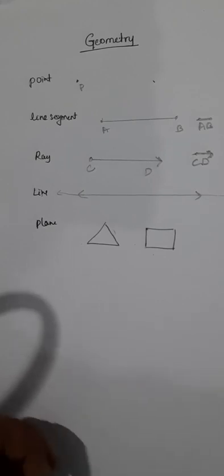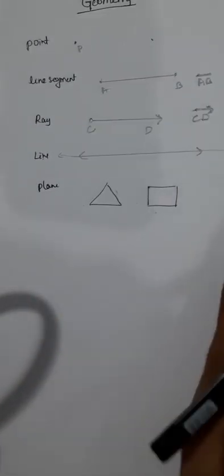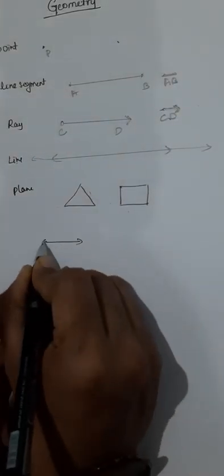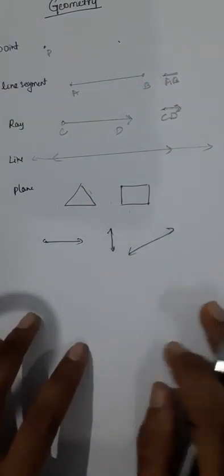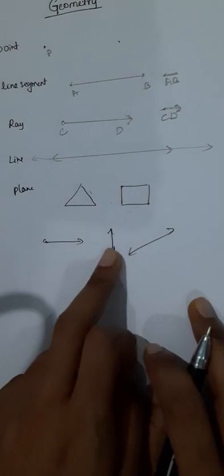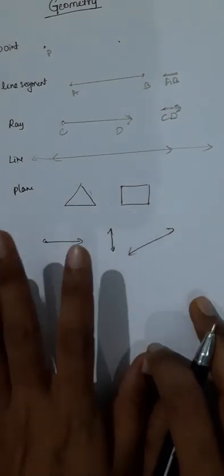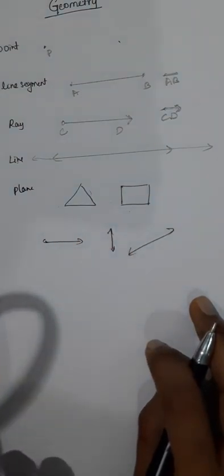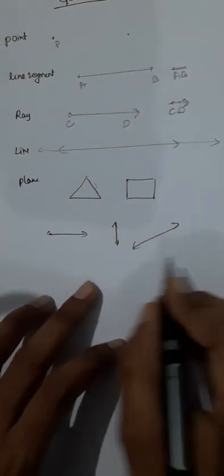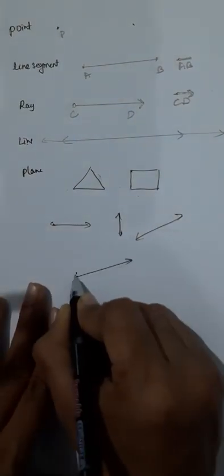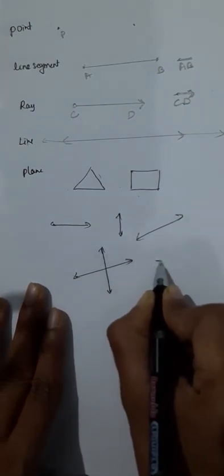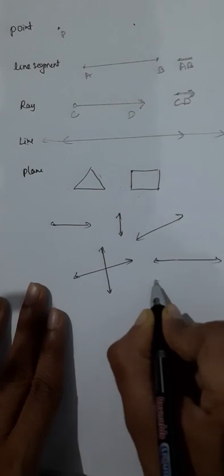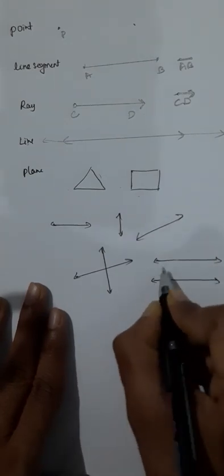Children, you already know the lines. You know horizontal line, vertical line, slanting line. Okay, it is one line. It is a single line. So when you think of pair of lines, two lines, there are chances two lines will be like this, the other will be like this, or else two lines will be having equal distance between them.